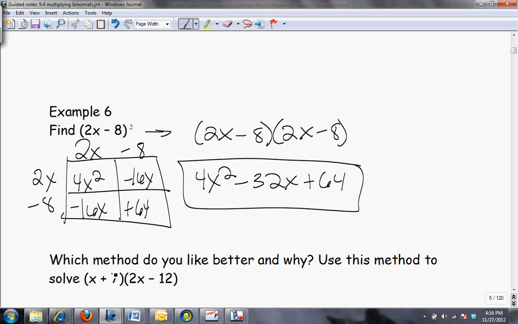All right, you have one to try on your own. I do want you to answer this question, though. Which method do you like better and why? Use this method to solve x plus 7 times 2x minus 12. So good luck with that,